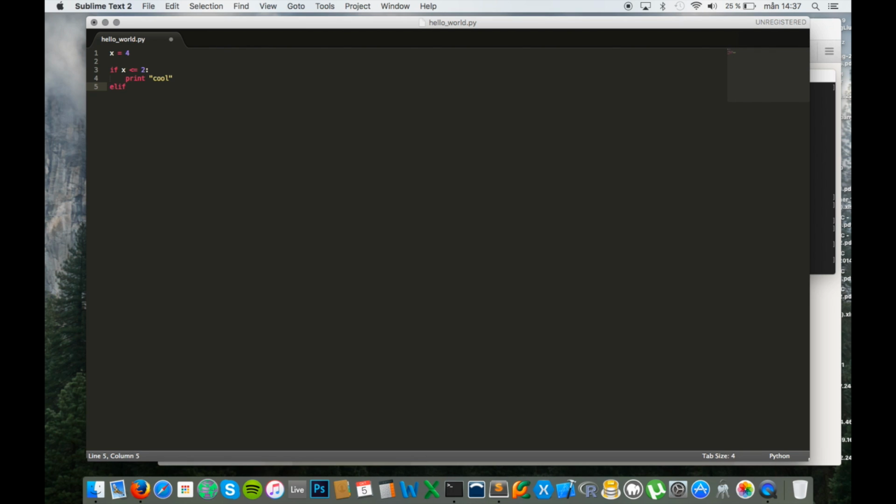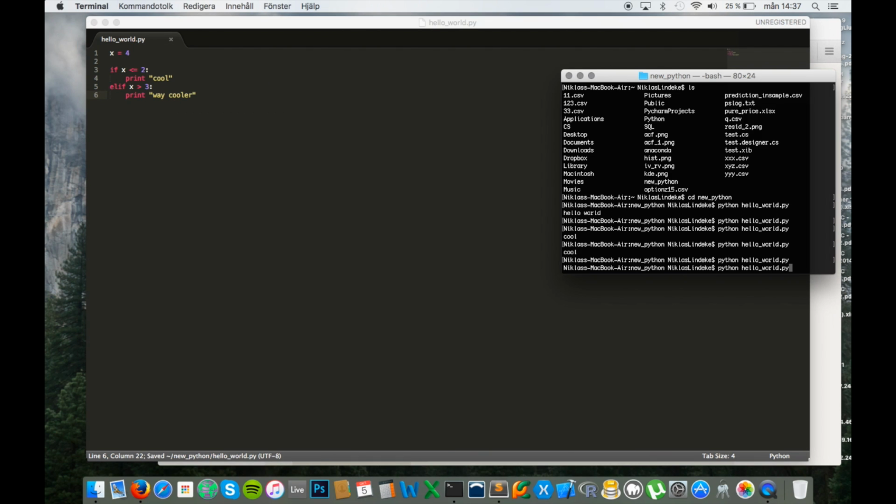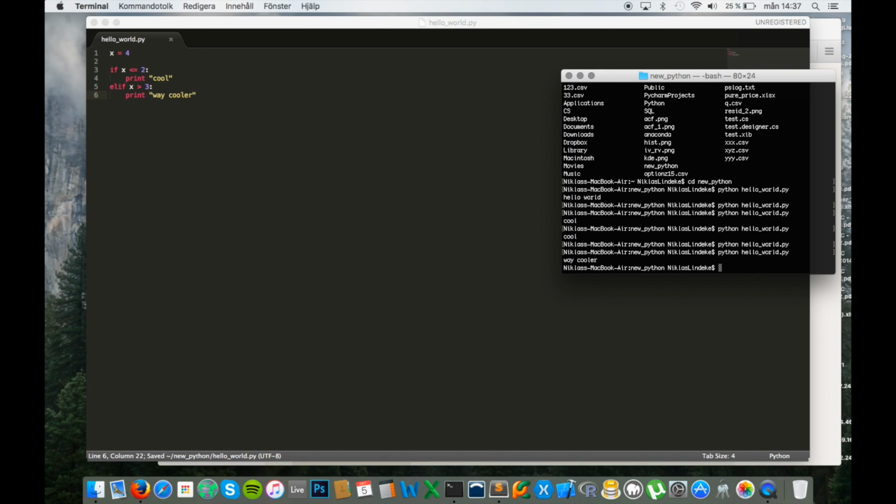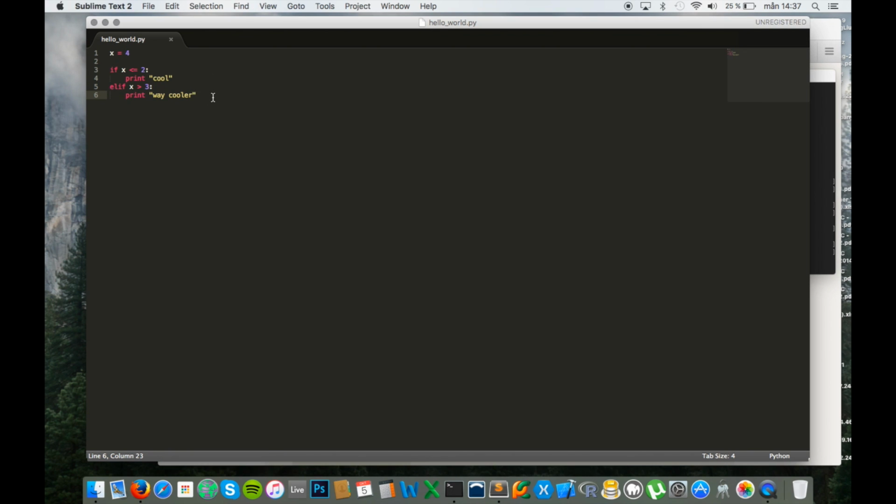Or if it's not, else if, which this stands for, elif, else if x is more than 3, we can print way cooler. We'll see. Oh, it was way cooler this time because x is actually equal to 4.